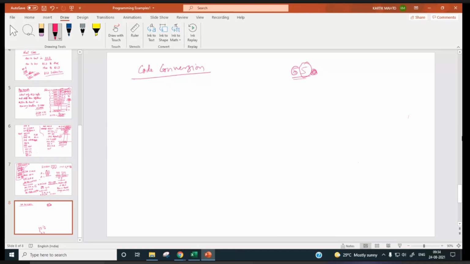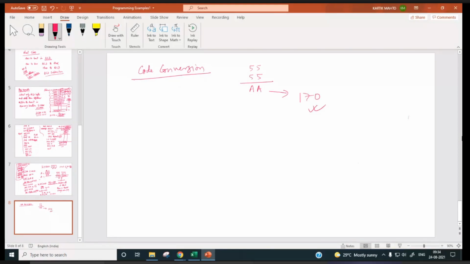Because suppose we have entered 55 and 55 and we are adding these two. Result is how much? AA, and AA is 170. So it is wrong, no?